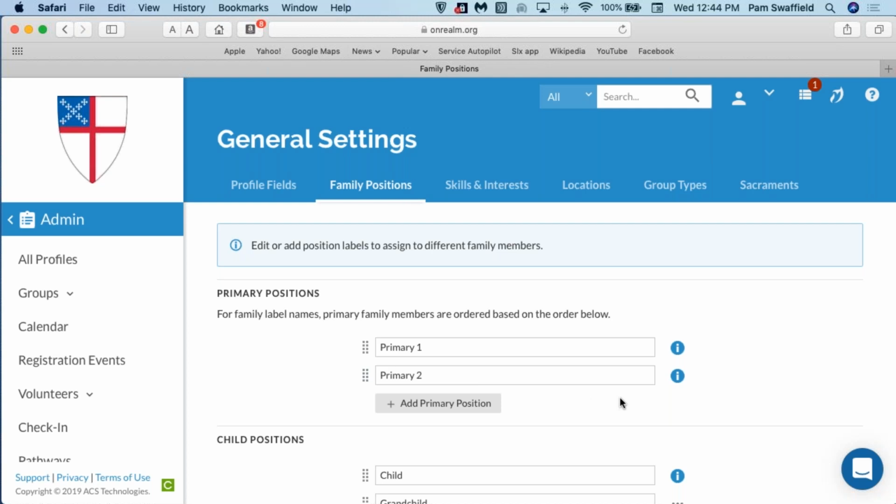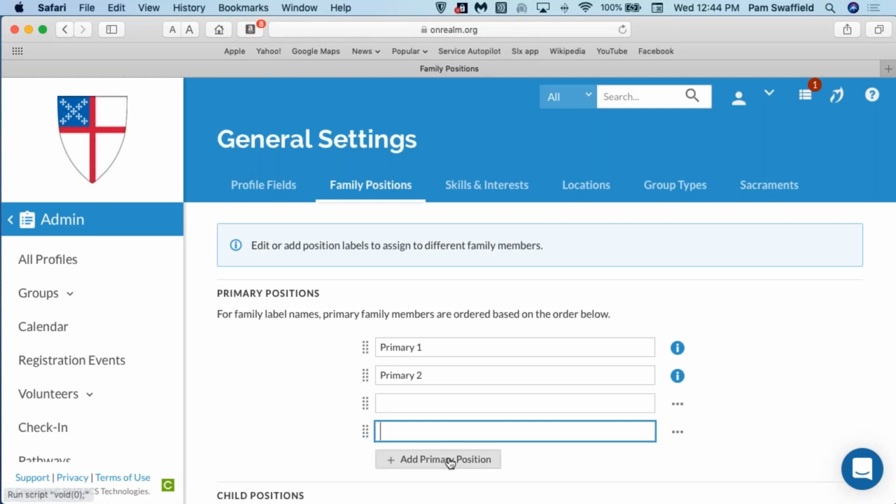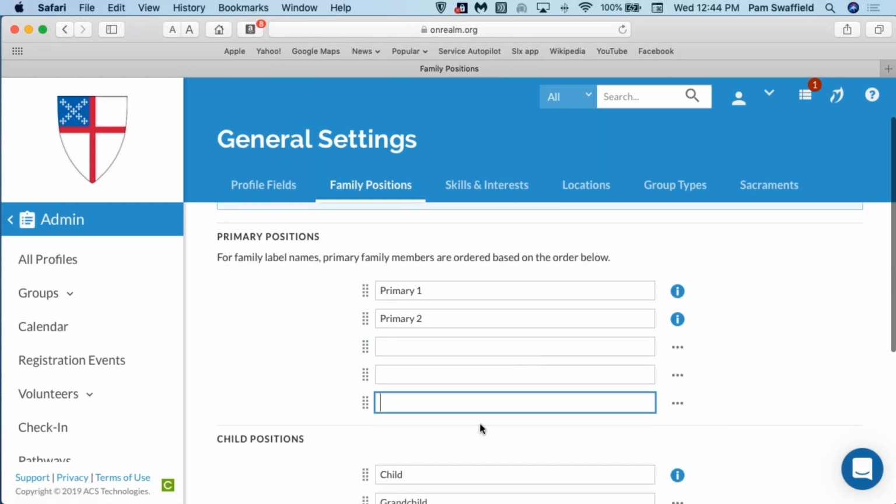was in your database. With Realm, you have the ability to have up to four, only two per family, but up to four primary positions within a family. So you might have some families that you call them primary one, primary two. You might have another family you call them head and spouse or primary, secondary, or whatever. But you have the ability to have up to five now and select the two that are appropriate to that family. That's great. I don't think that's a super big deal, but what I think is a super big deal